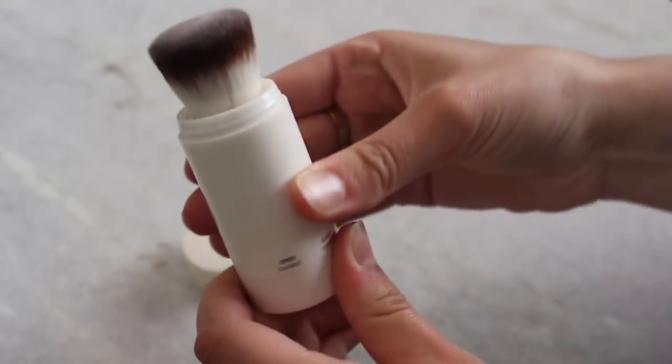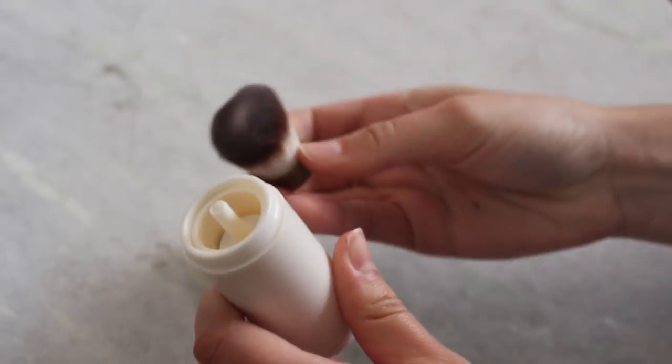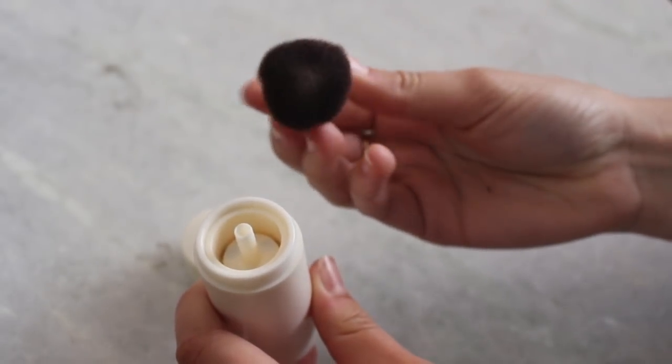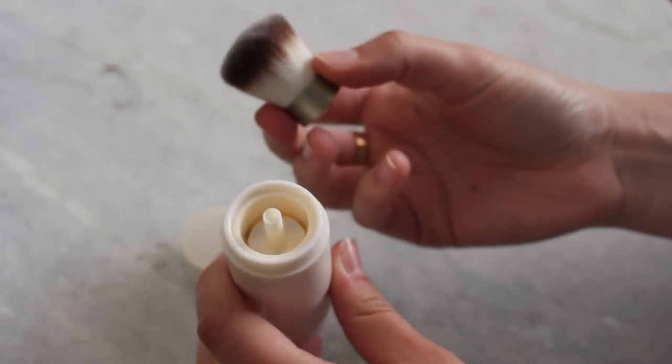Last thing that I want to say, which I think is really cool that I just found out about this product that no one's talked about, and I don't know why it's not advertised more, is that this brush is actually removable. So you can take it out and actually clean it. You put it on the open setting and you can literally pull it out, and there's your brush, and you can clean it,